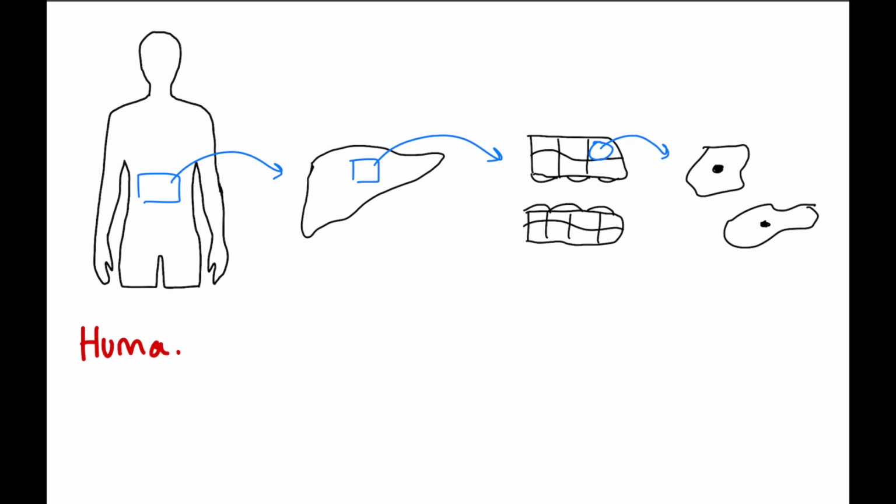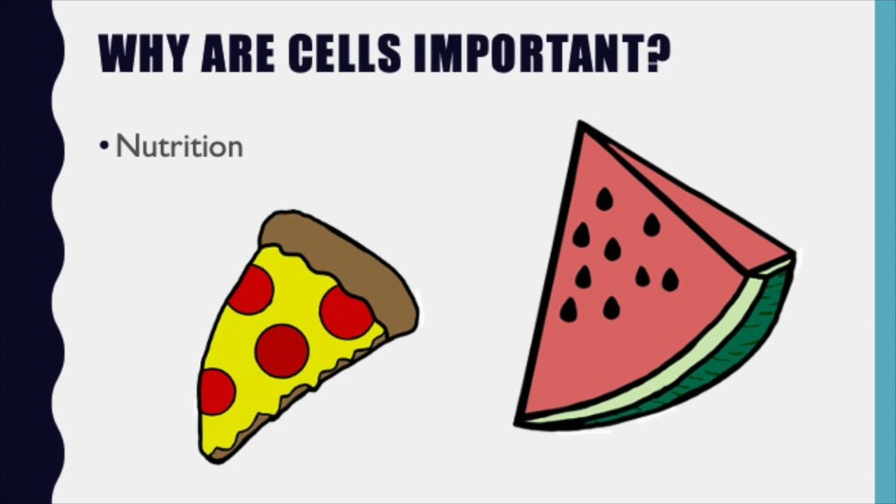And so now I'm just going to take a second to label everything that we have talked about so far. Now finally, just one last review. We see on the left side we have a human, and that is made up of organs, which is made up of tissue, and that is all made up of cells. So overall, cells make up everything that is alive. So now that we have seen kind of what cells are and how they're the smallest form of life, now we can talk about why they're so important.